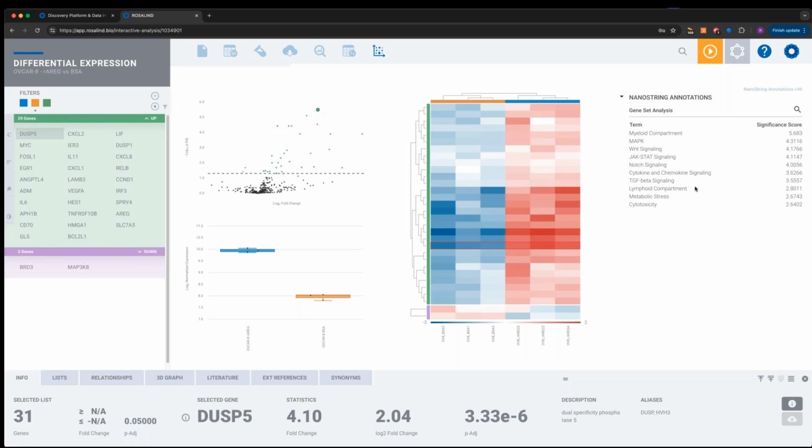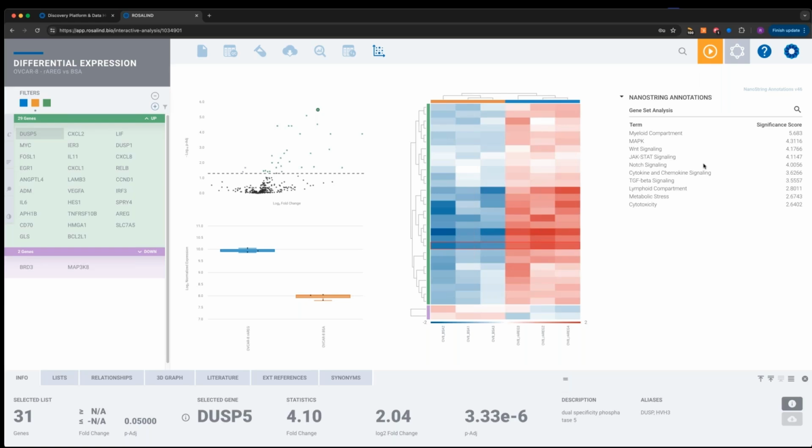We know that there's no p-values associated with these pathways. We know that these are simply scores trying to summarize how much change there is in each pathway, or how much fold change there is in each pathway, conceptually, so to speak. The way that you interpret these is simply a rank order of pathways. So myeloid compartment at the top with a score of 5.68, there's more evidence that this has more fold change in it, more change in it relative to cytotoxicity, which is on the bottom. So when you come to these NanoString GSA scores, it's simply a rank ordering. These are all relative to each other. How much change is there in a particular pathway?